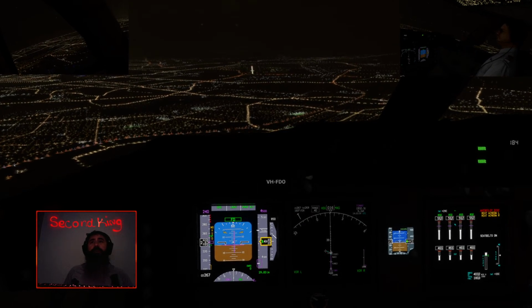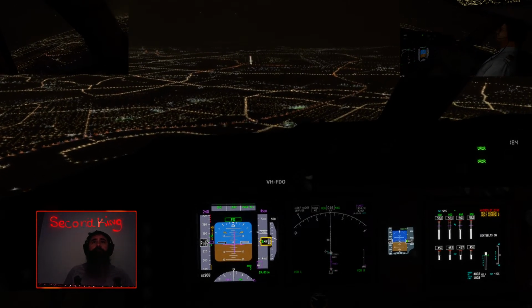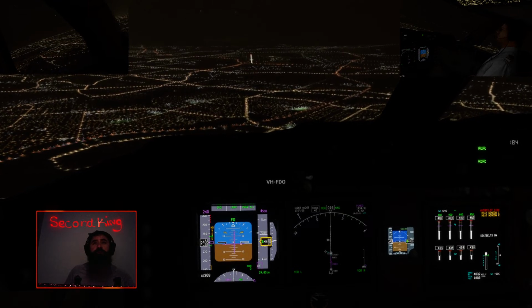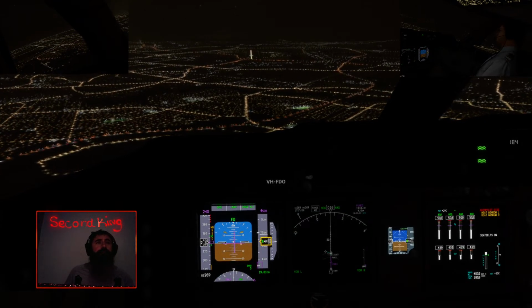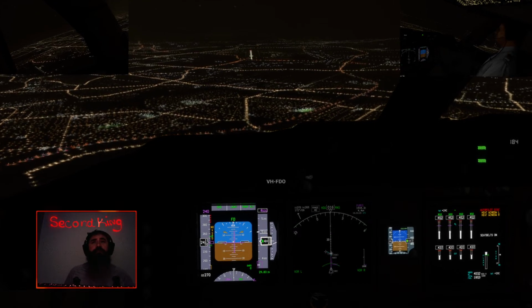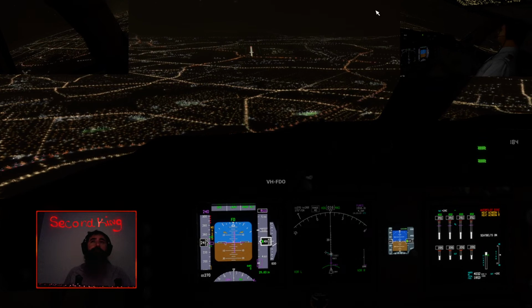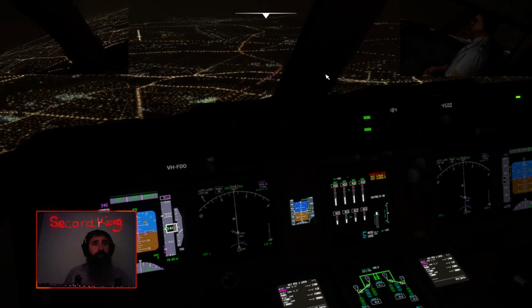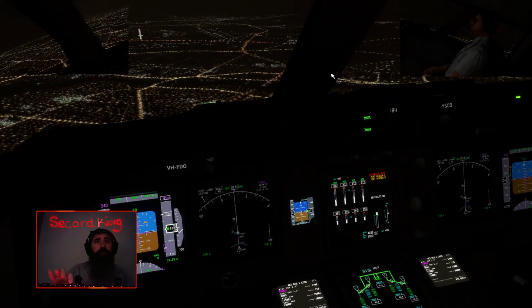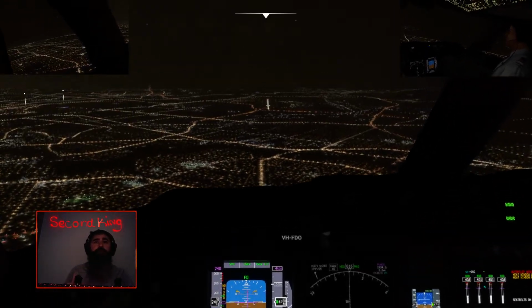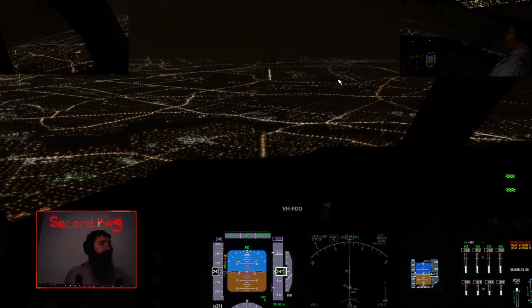Whoop. Loading lag. Reducing my throttle down. Autopilot is disconnected. I'm going to bring my gear down. Is my gear coming down? No. Gear down. Reset my panel.